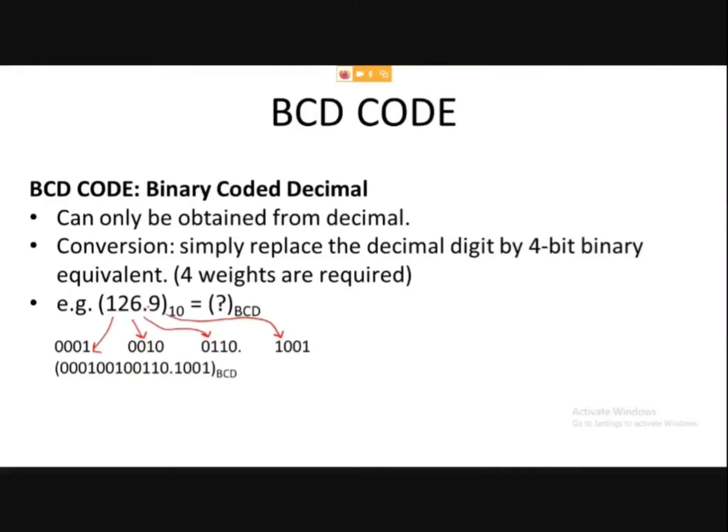And there is no separate rule for these fractional numbers. I have just simply placed the corresponding fraction in the BCD part corresponding to the fraction in the decimal thing. So if you want to check here, I have placed this decimal point at the exact location where it was in decimal. Okay. So this is my BCD,